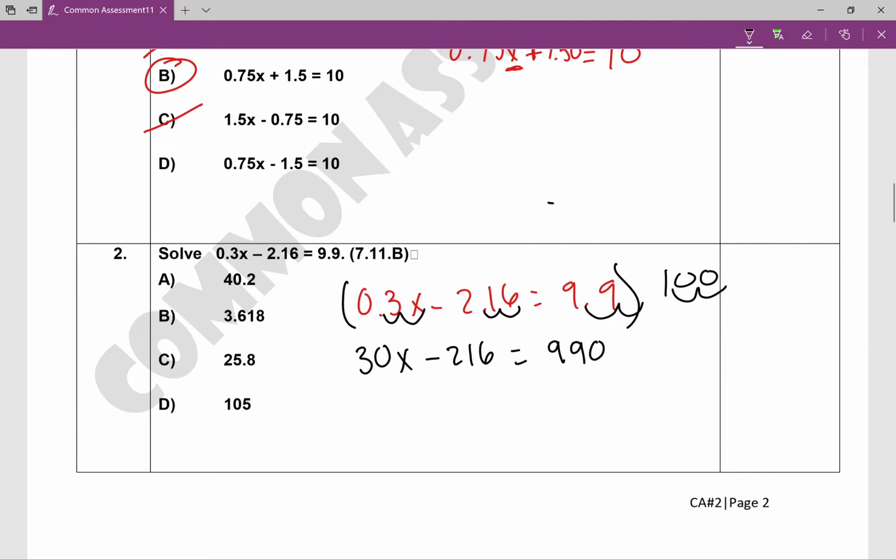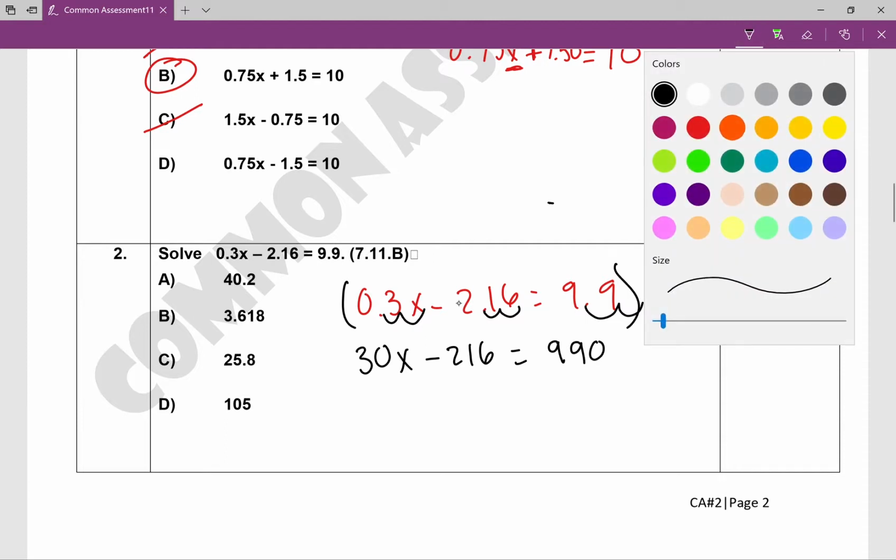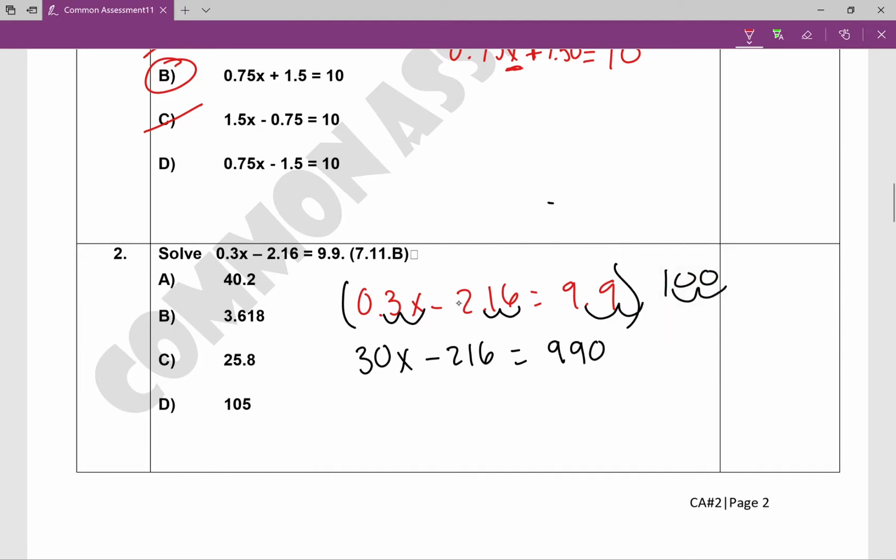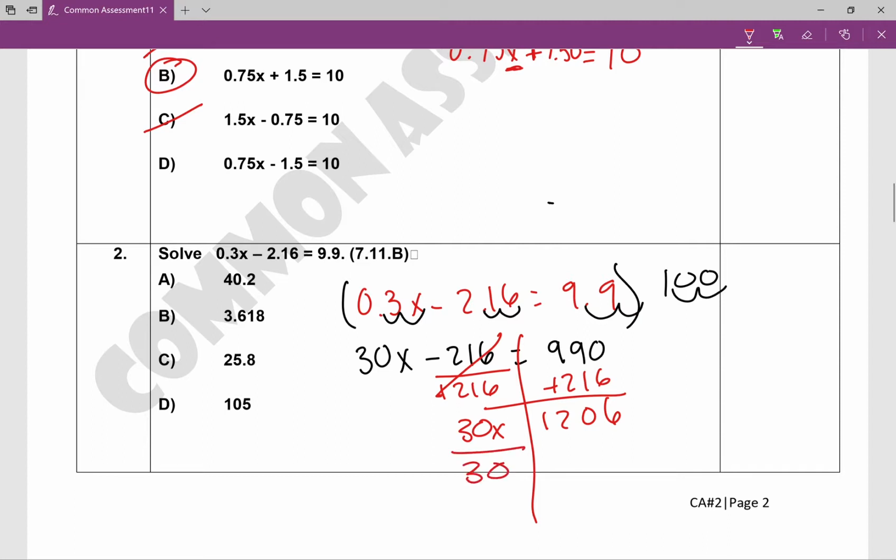The first thing that we're going to take away is the minus right here. So in order to undo this, you have to add 216, and what I do to one side, I must do to the other side. So it'll be 990 plus 216, which gives me 1,206. And I'm left with 30x. Now you can draw this line if you want to. Now my next step will be to divide by 30. So I have to divide by 30 on the other side as well. This cancels out, and I'm left with x equals